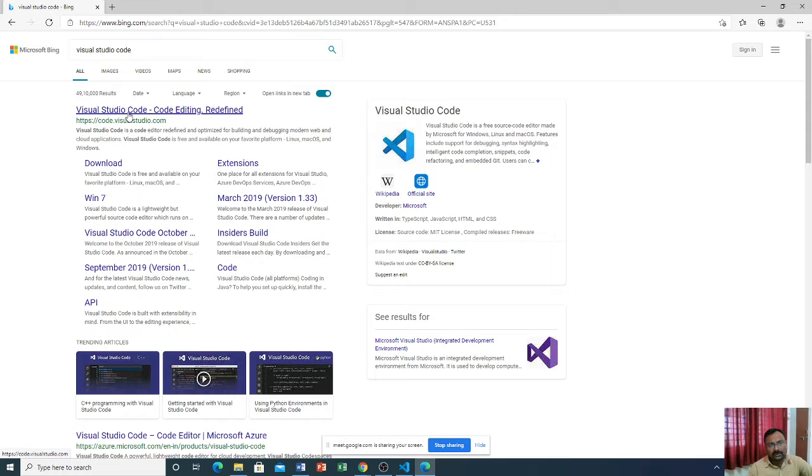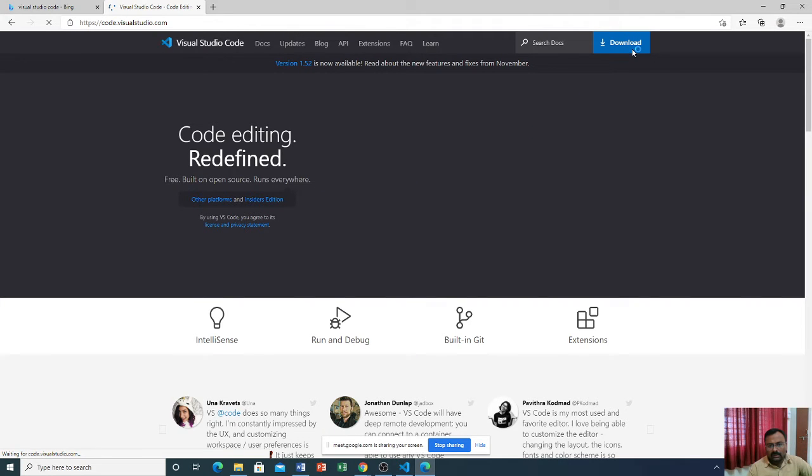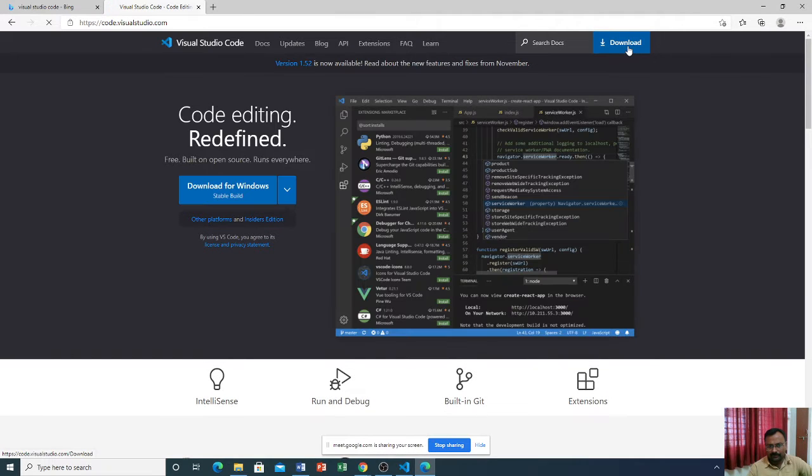This is the website. Click on this VS Code, and click on this to download the current version of VS Code.